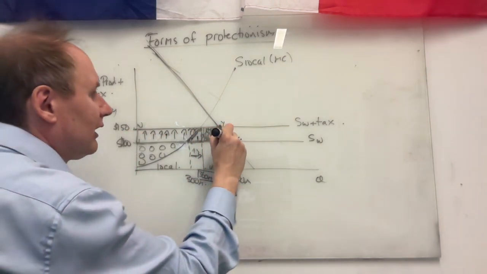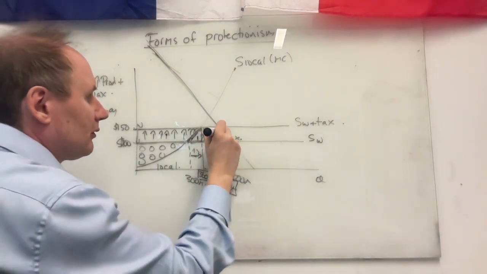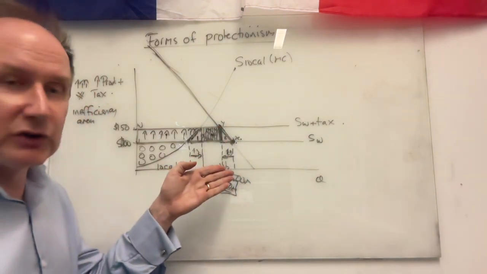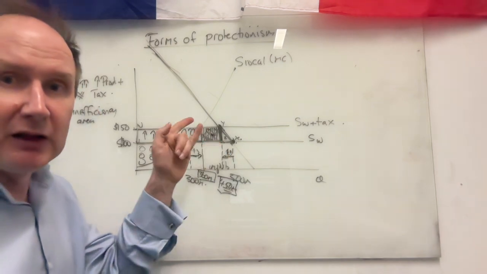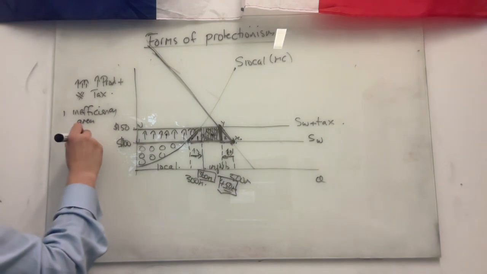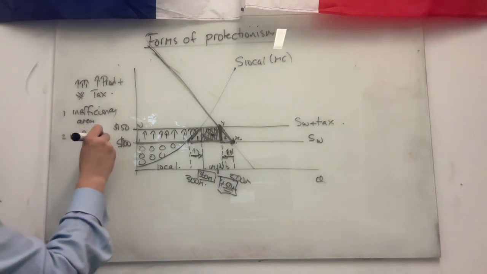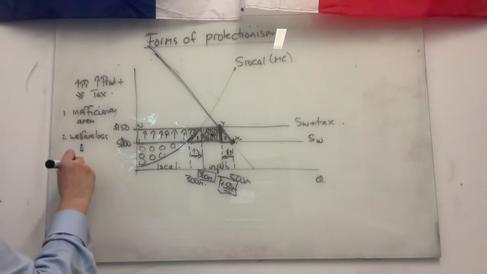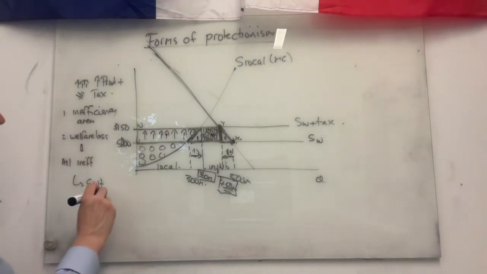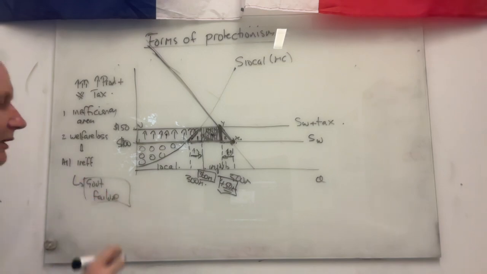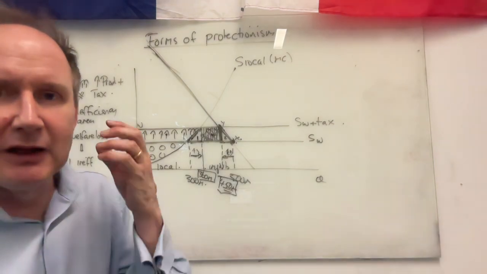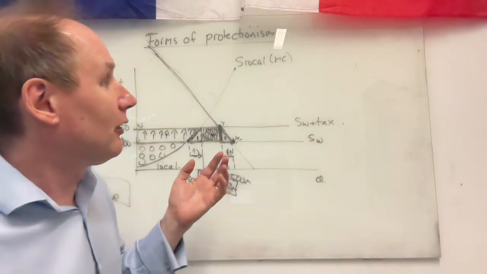And area 2 over here, it used to be coal that was consumed in the local market. Local consumers used to be able to get utility from that, and now they don't. So 2 is another welfare loss. And both of these things are leading to allocative inefficiency. You could argue that this is a form of government failure, because it's preventing the free market from working very effectively.